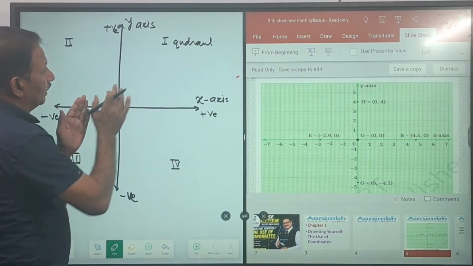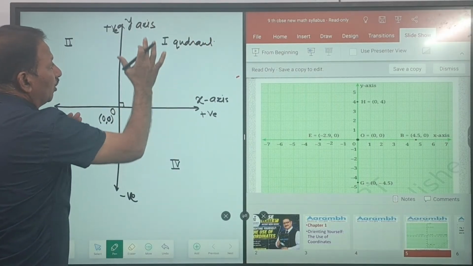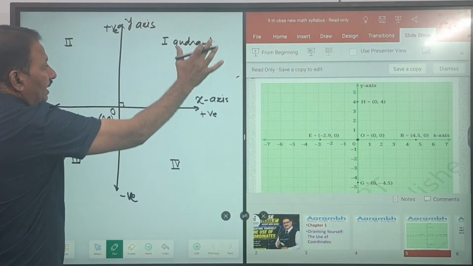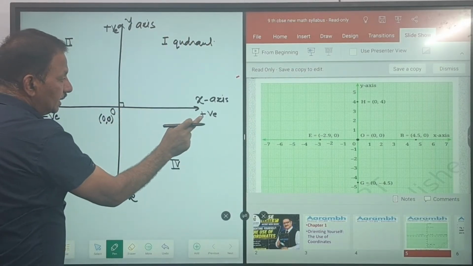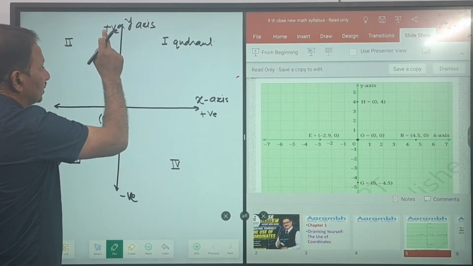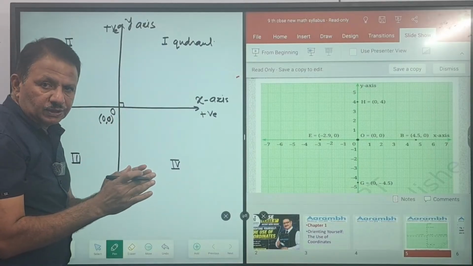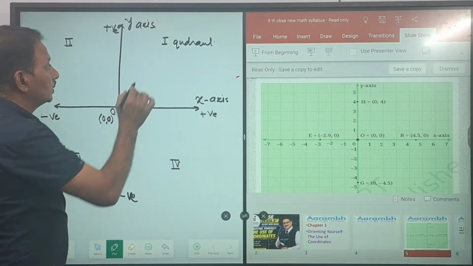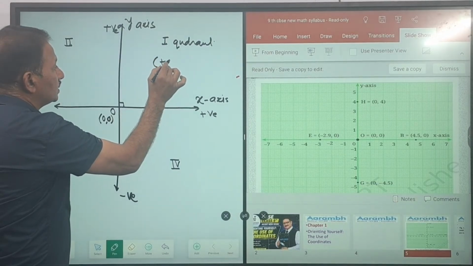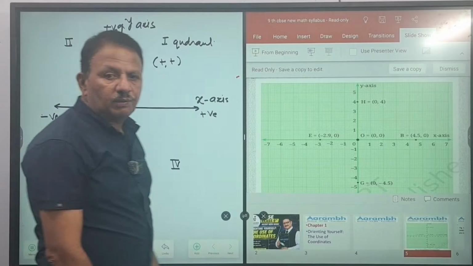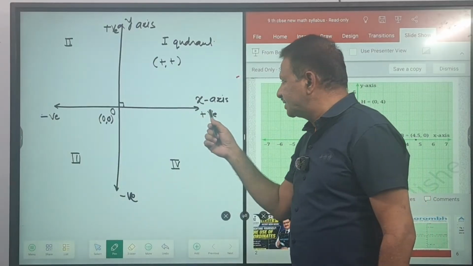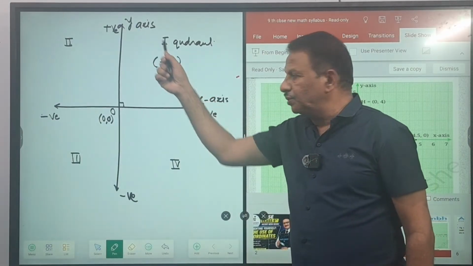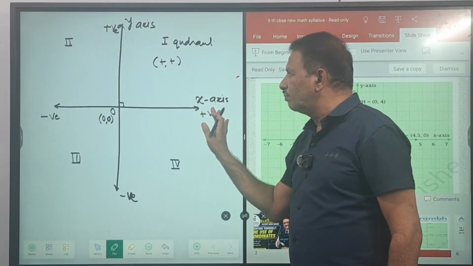Now see, this is the area of the first quadrant. There are infinite points in the first quadrant. All these points lie in between the positive x-axis and positive y-axis. Therefore, both the coordinates, x coordinate and y coordinate of that point will be plus, plus. Both the coordinates will be positive. Why are both the coordinates positive? X coordinate is positive, y coordinate is also positive, because these points lie in between the positive x-axis and